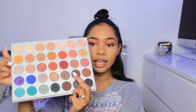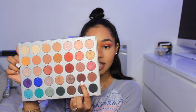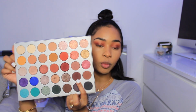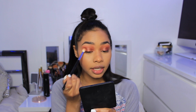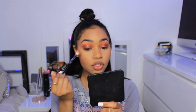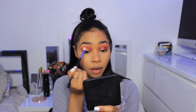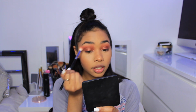So I'm going to go in with this shade right here, this kind of burgundy brown shade. It is a deep brown, like a true brown with hints of red. And I'm going to go ahead and use this to just darken up the crease a little bit. So I'm just going to take my brush, I'm just going to pat the colour into my crease as you see me doing here. Just slowly darkening it up, and then I'm going to lightly blend it inwards just like so,